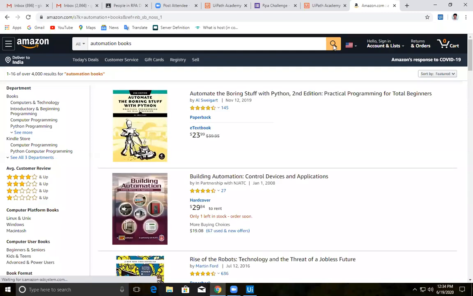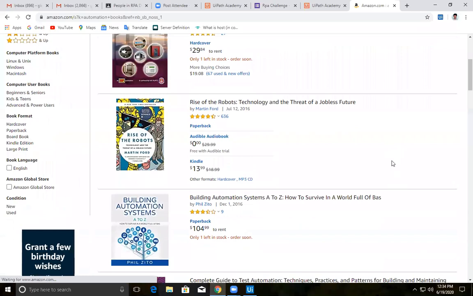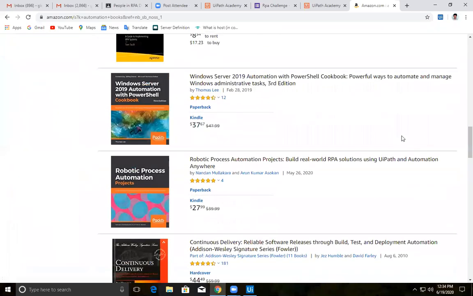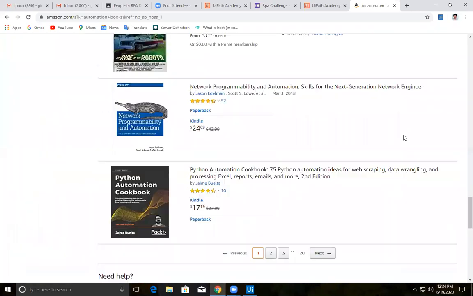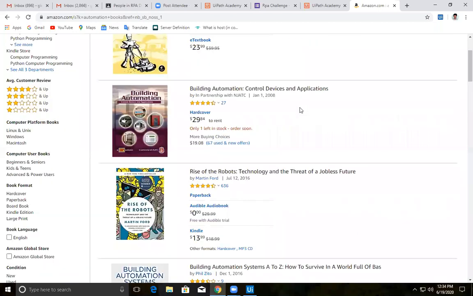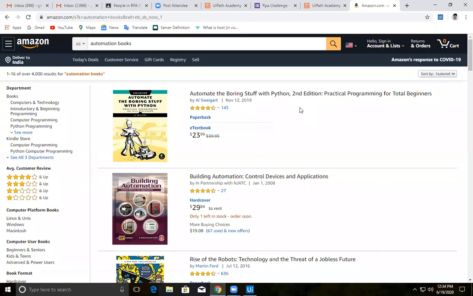After this, we may get a list of books on this page. Now I want to list out all these books from the Amazon website and store them somewhere. That is our task. We need to make them available at some place.